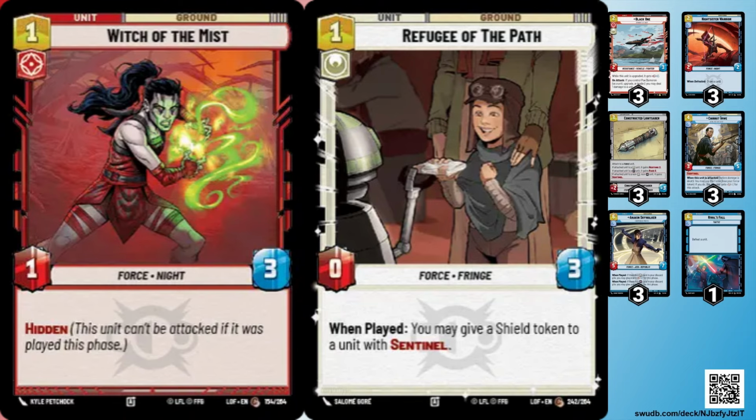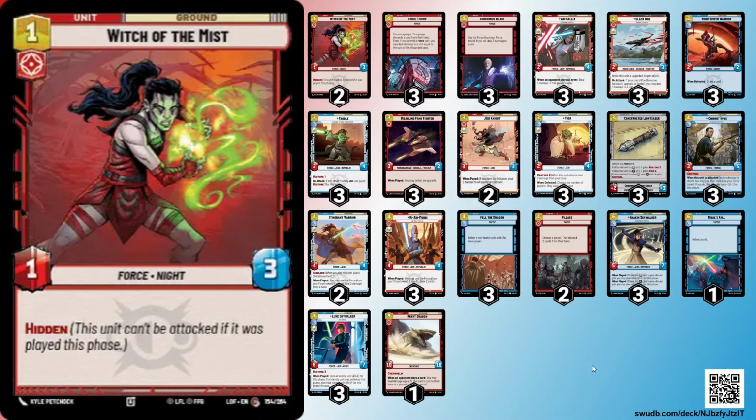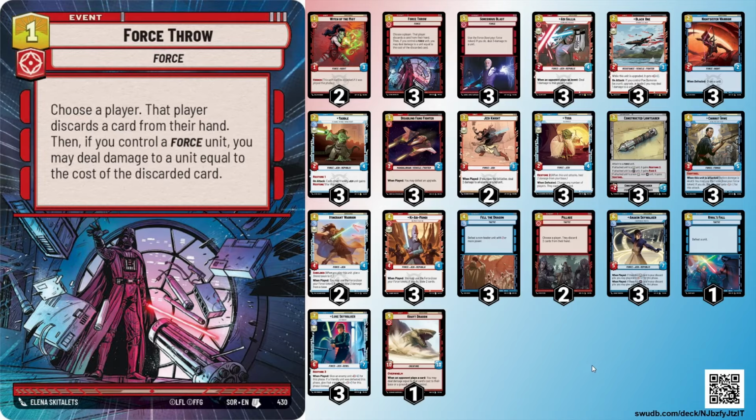It also gives us the ability to immediately get Restore online, but it's a 0/3. So if you pump it up on turn 1, it becomes a 1/4, and then it would become a 3/7 with Restore 2. So that might be a card to consider. But for right now, I like the Witch of the Mist because it's hidden on turn 1, so it can't be killed right away. Of course, we're playing the 3 Force Throw as long as that card is legal after